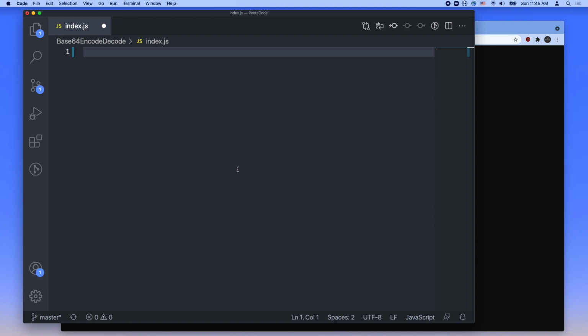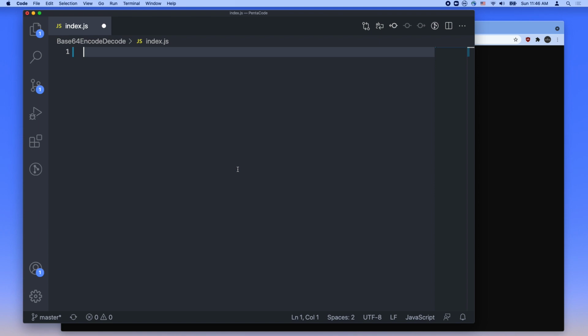Now, if you're like me, you probably have seen a couple of examples of base64 encoding, and you most likely have seen them from image sources on the image tag, where instead of a path to a specific image, you have a long string of numbers and weird characters. Somehow that combined together to form an image. So today I want to go over how we can convert something into a base64 equivalent and convert it back.